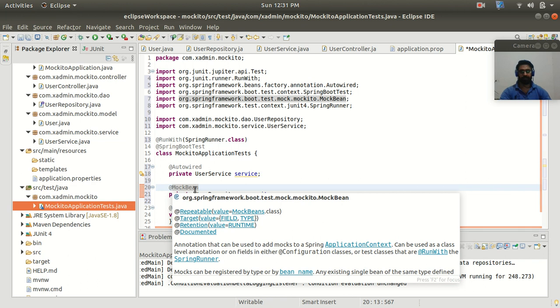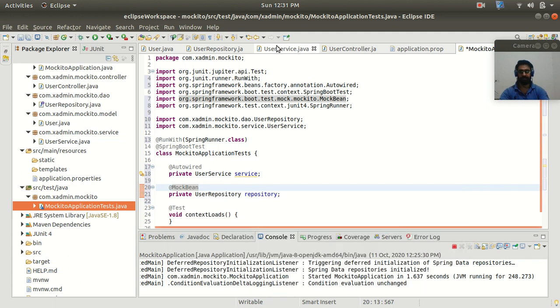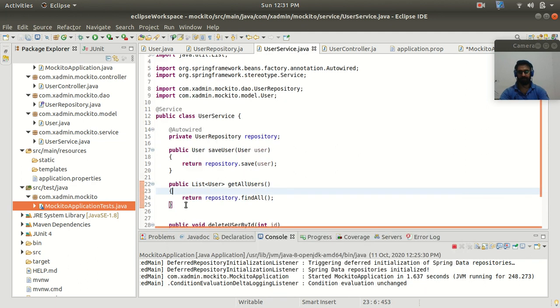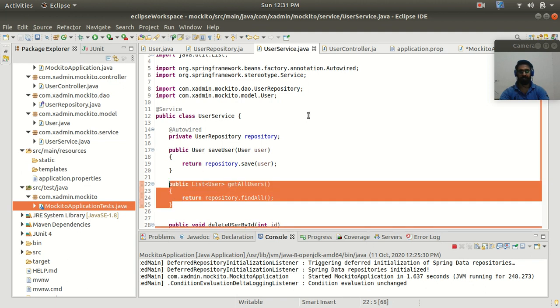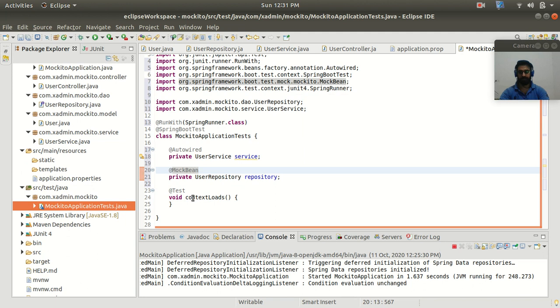All right. So now, guys, let's write the test case for all the methods I have implemented in my service class one by one. First I will write the test case for my get method, get all users. So let me write the test case for the get all users method inside this.